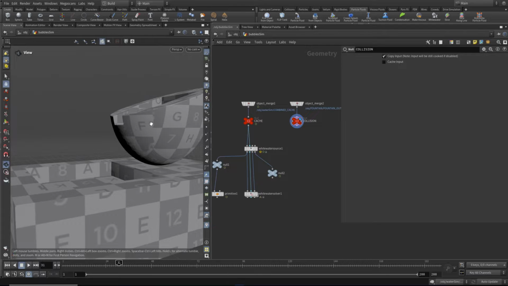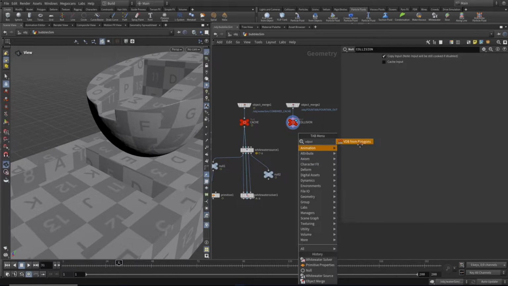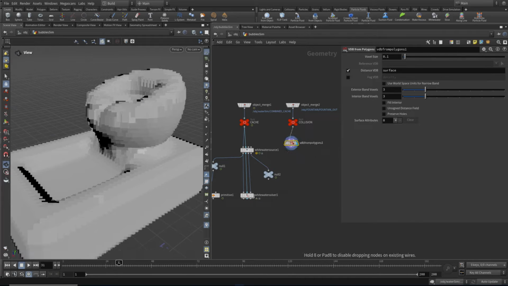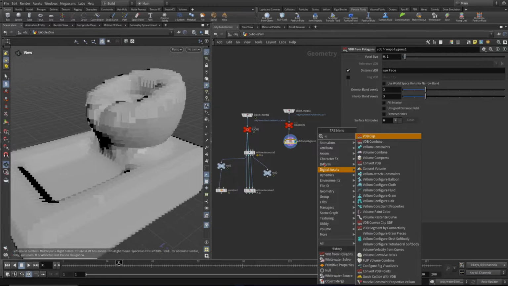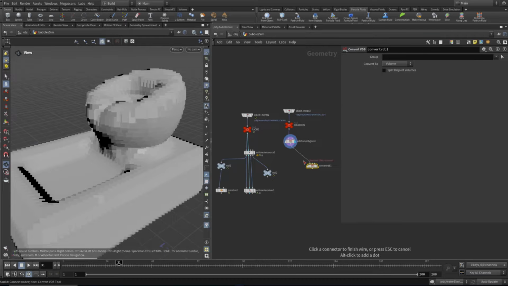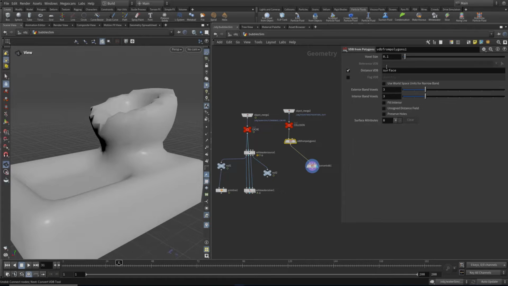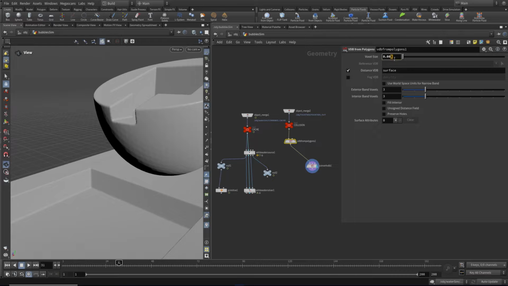Now, for this to work, we actually need to convert this into a VDB. So what I'm going to do is VDB from polygons. And we'll see that looks pretty coarse. What I like to do to make sure I get the right resolution is just do a VDB convert and convert this back to a polygon. Put that in the first input. Let's set this to polygon, and then we can see the kind of resolution we're dealing with, and that's a bit too coarse. So let's reduce this to 0.005, let's say,